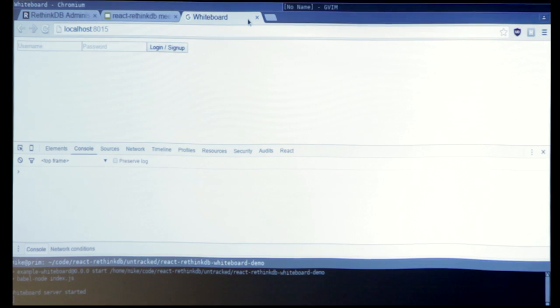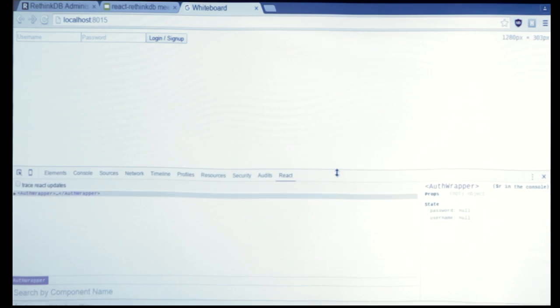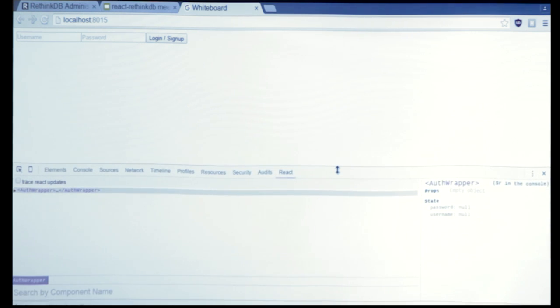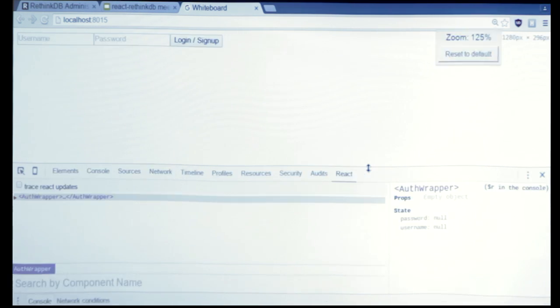And I'll show you a demo of that right now. So this is what the application looks like. I'm going to use the Chrome React plugin to show you what the React components look like. Can you all see that? I'll make it a little bigger. Oh, that's pretty big. So I log in with my username, Mike, password, ABC123, and you see at the top